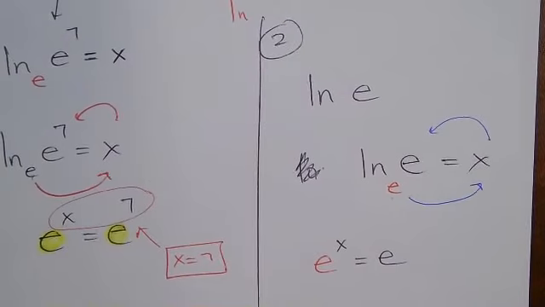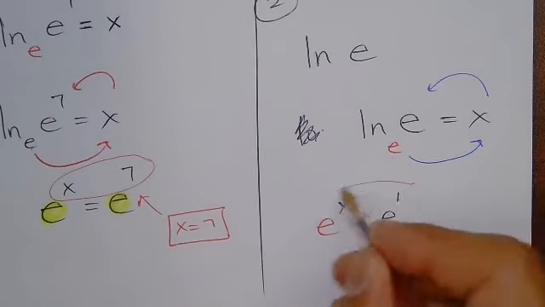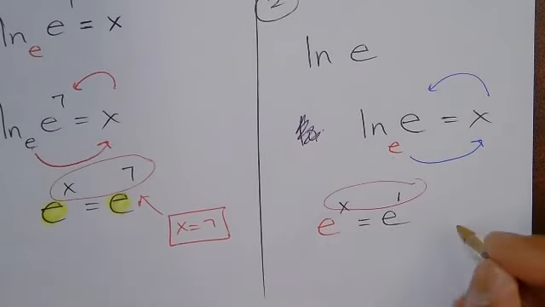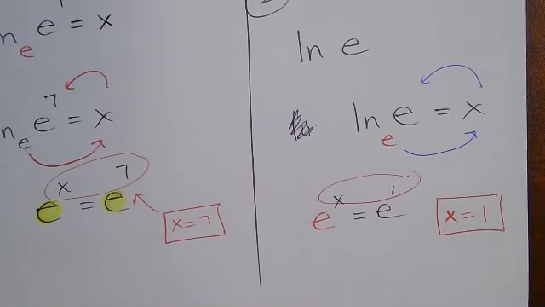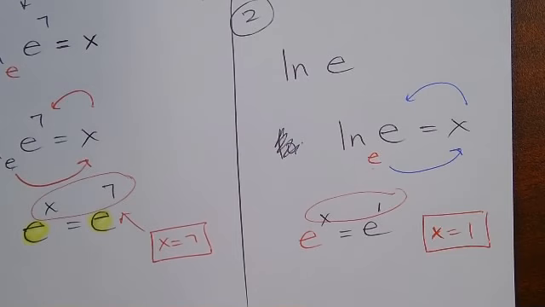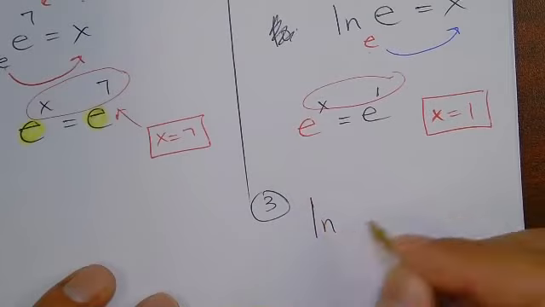e, this e down here, to what power gives you e? Well, when anything doesn't have a power, it's a power of 1, right? So we've got the same base. We know the answer is x equals 1. Okay,